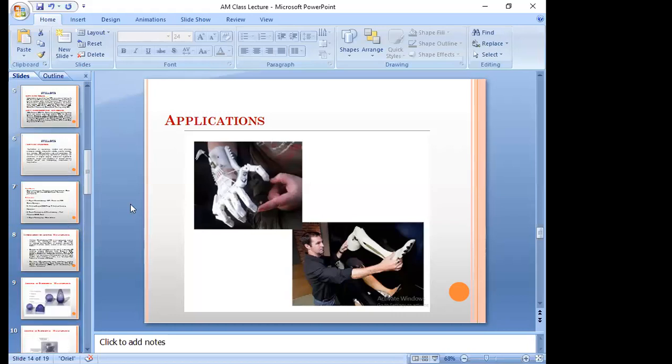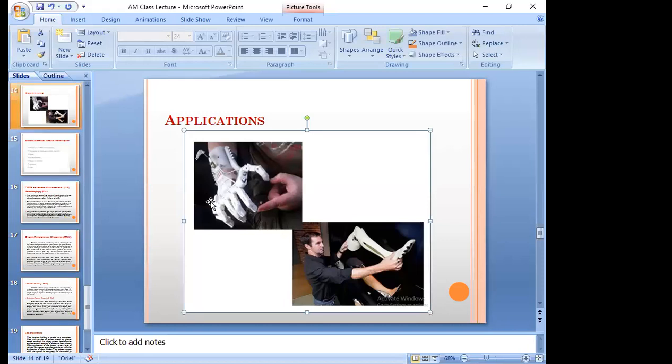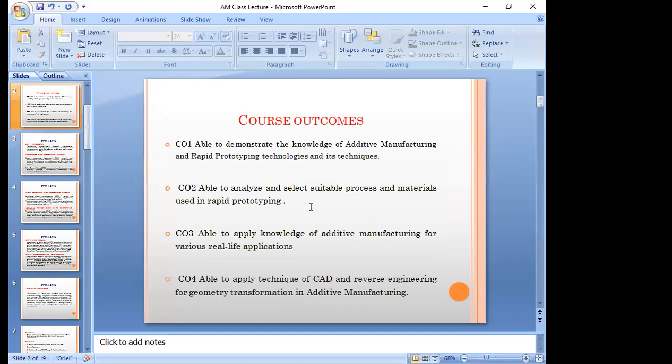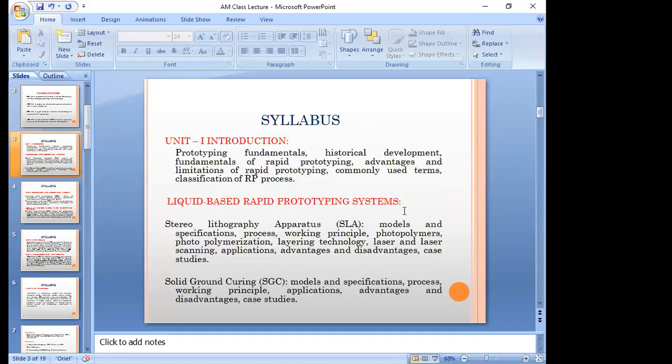So going back to the syllabus, we have the introduction and fundamentals of rapid prototyping. Till now I have shown the applications.